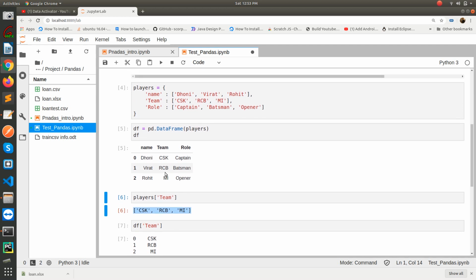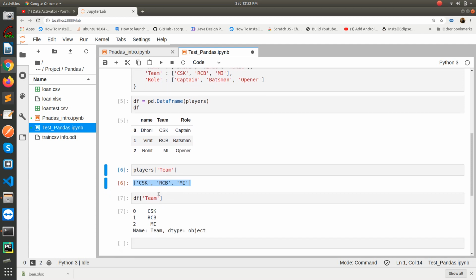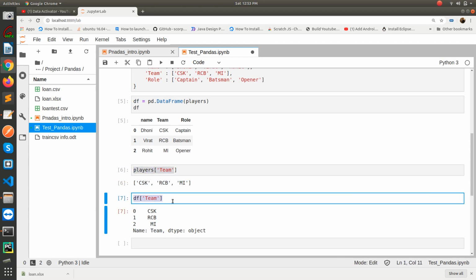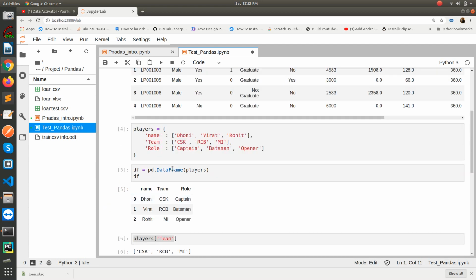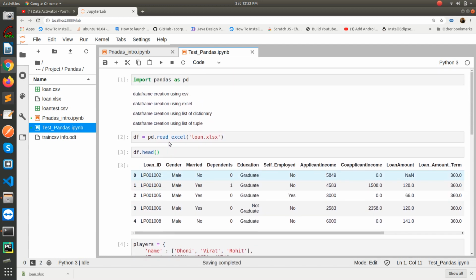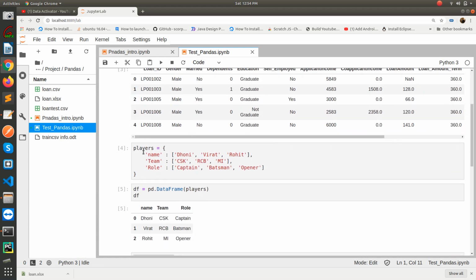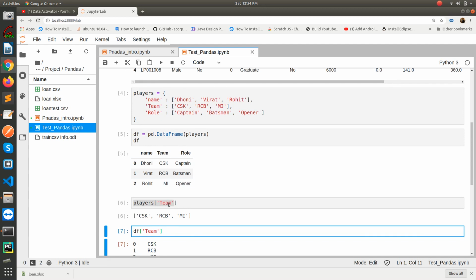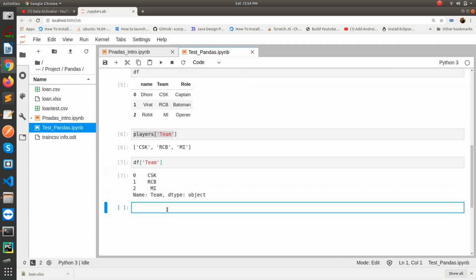So we can get an intuition between dictionary and data frame, and this is the way we used to access in a dictionary, and this is the way we are going to access in a data frame. So we have created our data frame using a dictionary. We have covered the top three part, and now we can create one using a list of tuples also. So instead we won't have any key here in tuples. So let's create it using list of tuples.